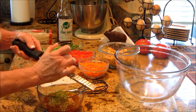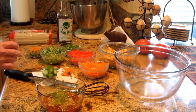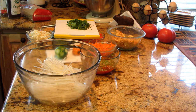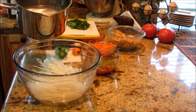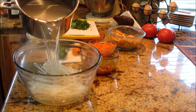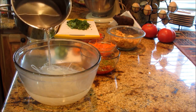Okay, so just about the whole lime zested, and then we'll go ahead and get our cilantro cut up, and I'll be right back. All right, so I've got my cilantro all chopped up. My water is boiling. I don't know why I thought that you had to boil it on the stove, but you don't. So I've got my noodles in the bowl, and I think this is all I'm gonna need for this dish. So you cover them with